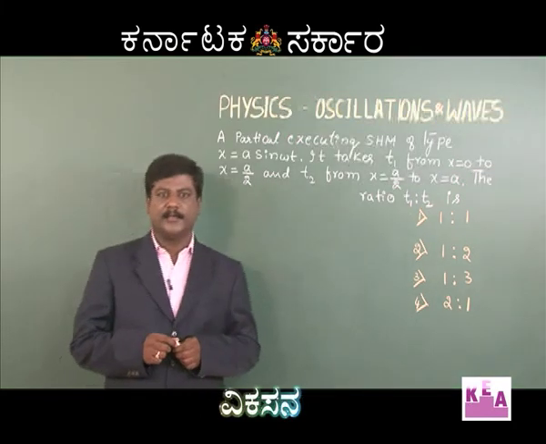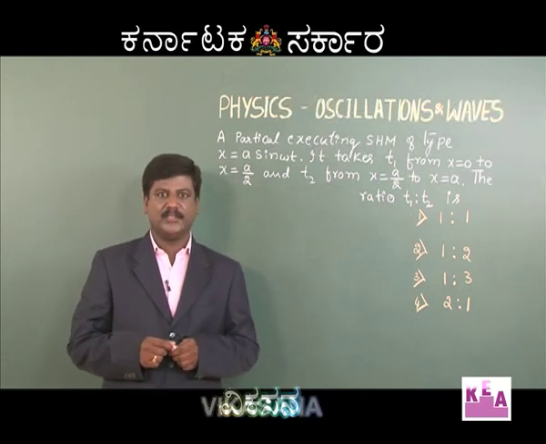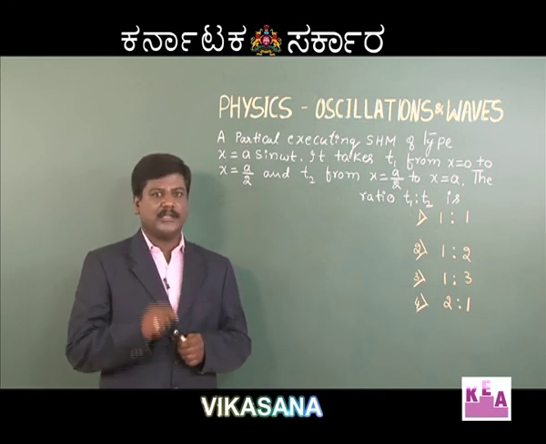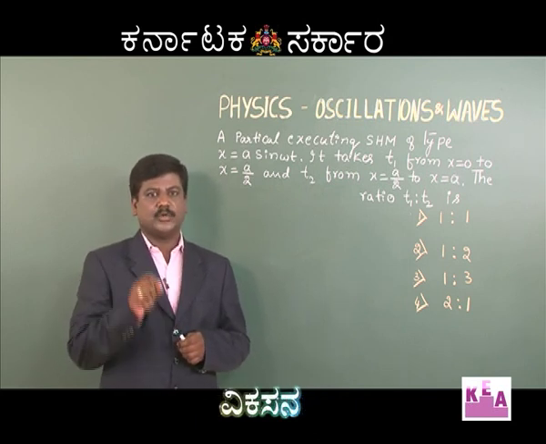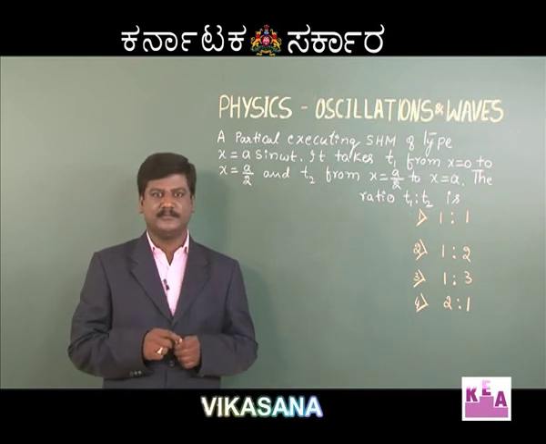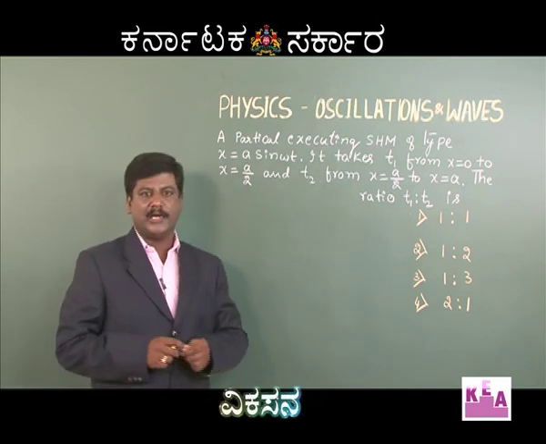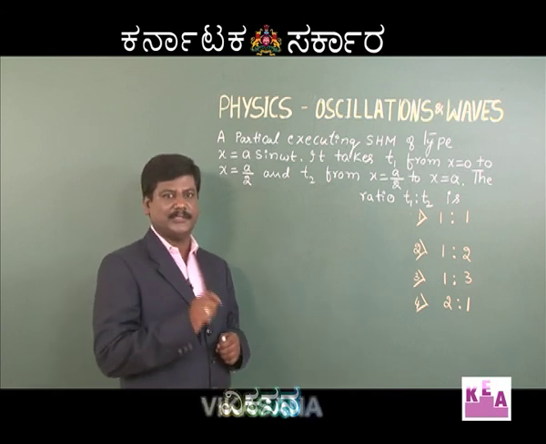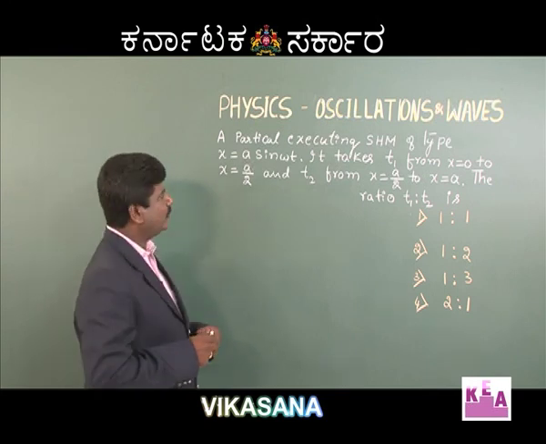Dear students, you know that any particle executing simple harmonic motion is represented by sine and cosine function. ಈಗ ನಮ್ಮ ಪ್ರಾಬ್ಲಮಲ್ಲಿ x is equal to a sin omega t ಕೊಟ್ಟಿದ್ದಾರೆ ಅಂತ ಹೇಳಿದ್ರೆ, so the initial phase of the particle is 0, that is the particle starts from the mean position. ಸೊ ಇದರಲ್ಲಿ a ಅನ್ನೋದು ಆಂಪ್ಲಿಟ್ಯೂಡ್, omega angular frequency, we know that omega is equal to 2 pi by capital T. ಇದರಲ್ಲಿ ನಾವು t1 ಮತ್ತು t2 ಅಂದರೆ ಏನು ಅಂತ ಅರ್ಥ ಮಾಡ್ಕೋಬೇಕು.